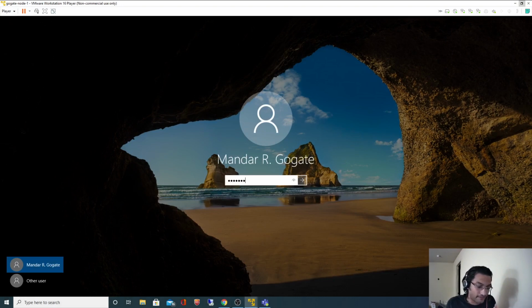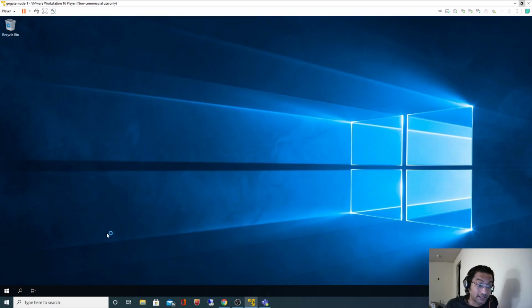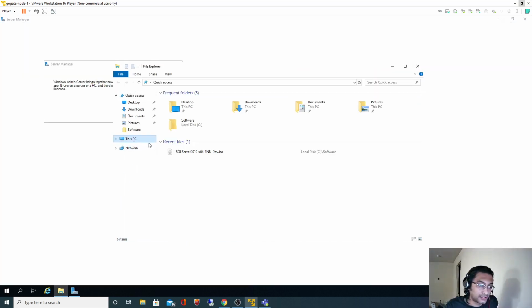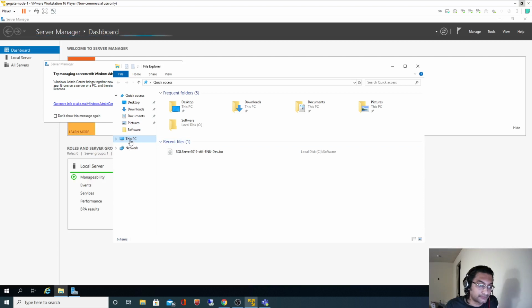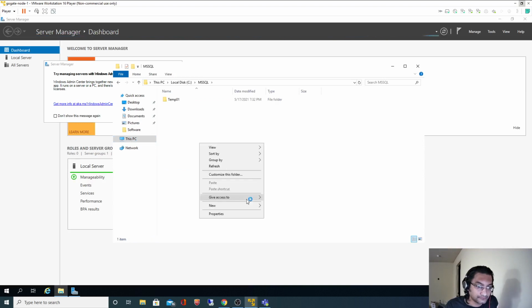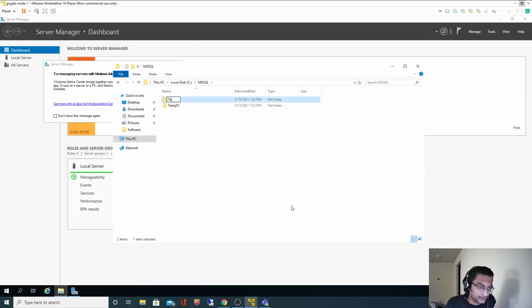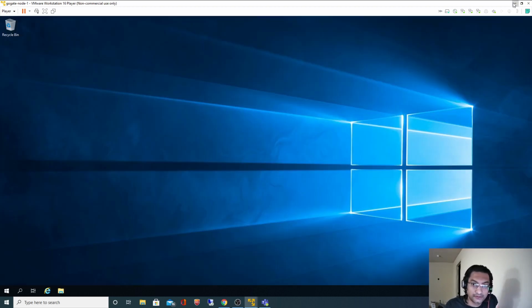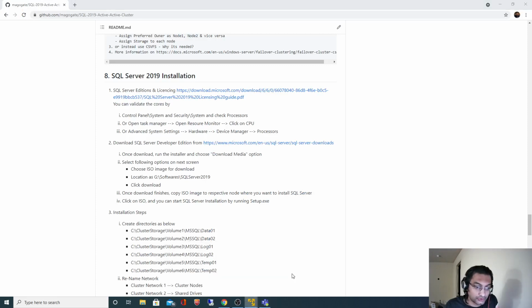It will fail because these drives are local drives; that path is not a shared path or shared drive. So I will go to node 1 as well and create the temp02 folder. Perfect. All good. I'll minimize this and let me go back to node 2.